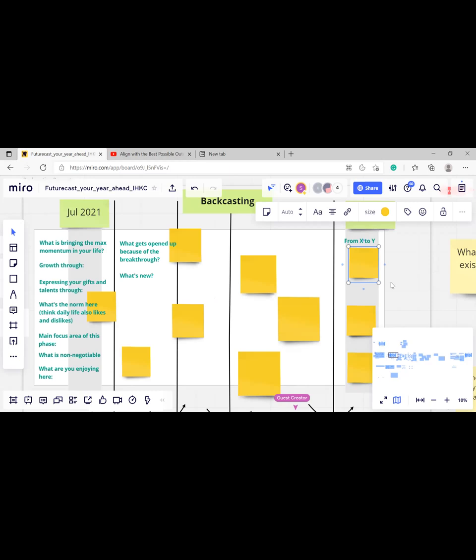For example, right now all these Zoom calls, at one time we were adjusting to this new schedule. Now all of this is a norm, very comfortable. So what's the norm? Instead of looking at milestone days for that person, we are looking at what a day in the life looks like for them. What are the activities they do on a daily basis? What type of meetings do they attend? What type of hobbies do they have? It's your journal, so wherever you want to take this prompt, feel free to take it.